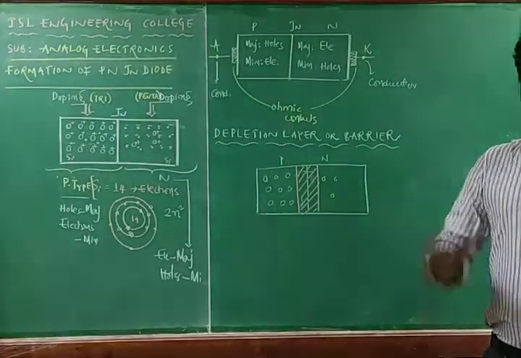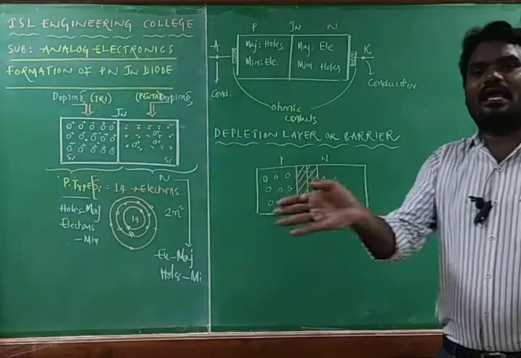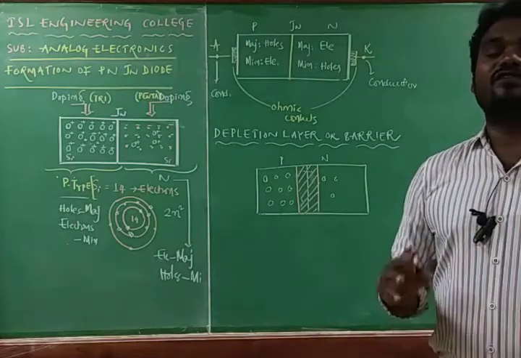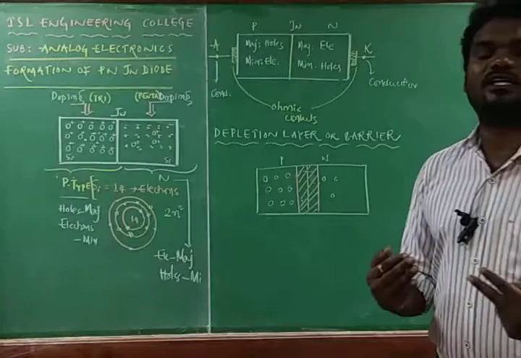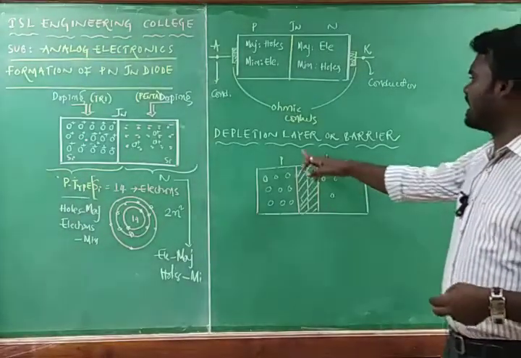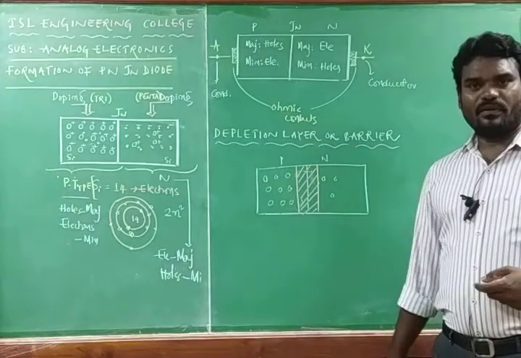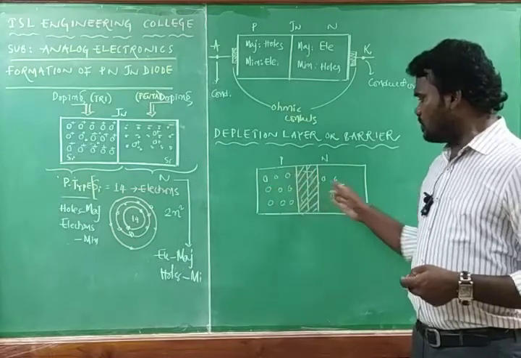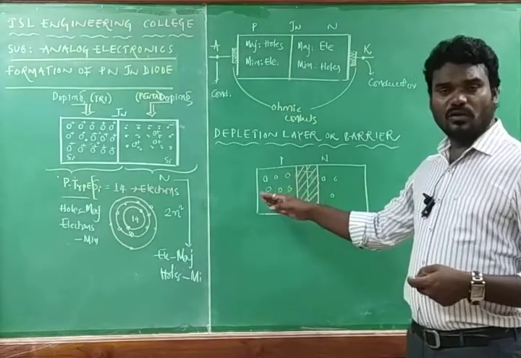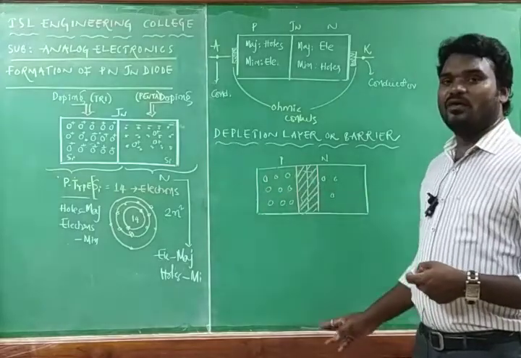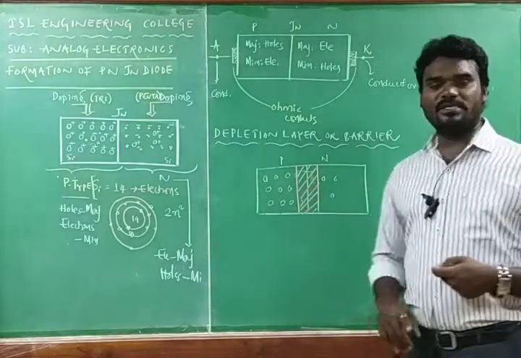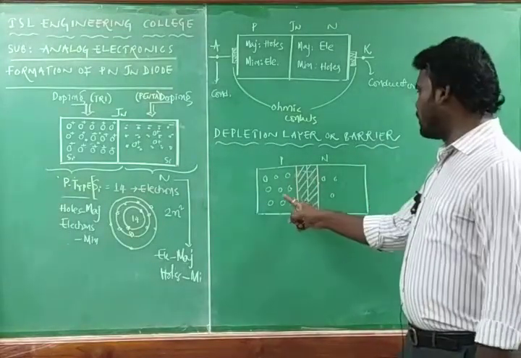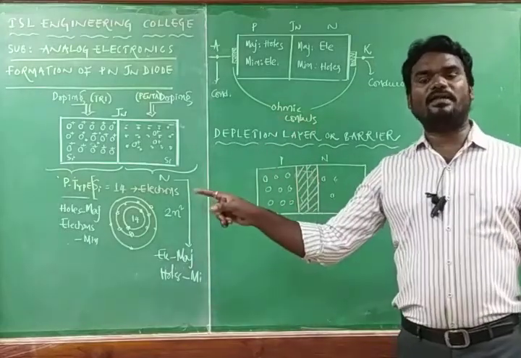Depletion layer is nothing but a layer that is depleted across the junction on both sides of the p and n material, and which is going to stop the further flow of charge carriers from one side to another side, and this layer is named as depletion layer. So in order to make the electrons move from one side to another side, or holes move from p side to n side, first of all this depletion region has to be removed. Depletion region has to be zero, then only holes will move from p side to n side, electrons will move from n side to p side.